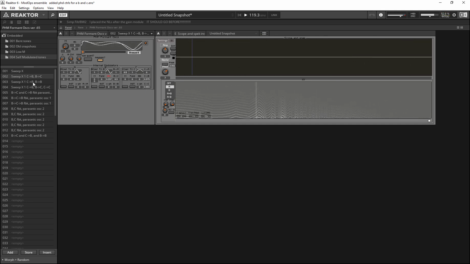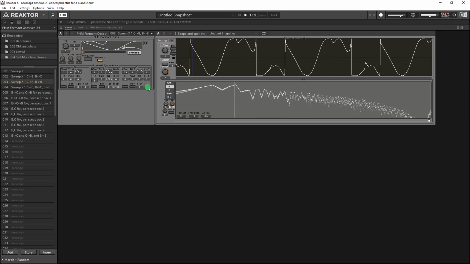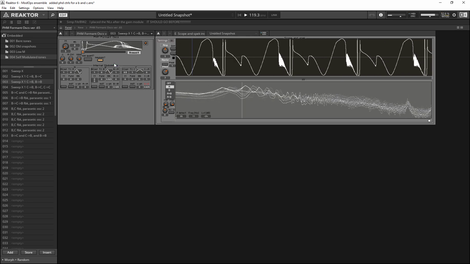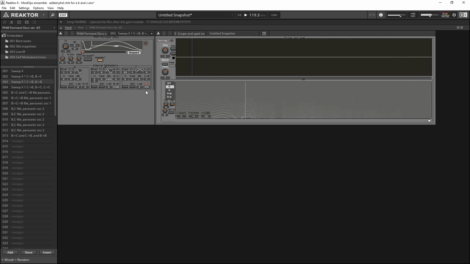So let's go back to one of these snapshots. I love that. So just being aware that the aliasing is going to happen is a very effective tool of dealing with aliasing. If you're not aware that it's going to happen, it is probably going to be a lot more of a